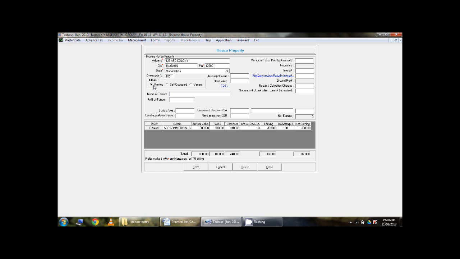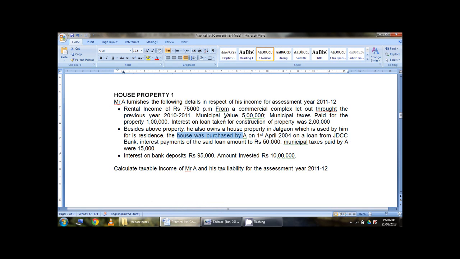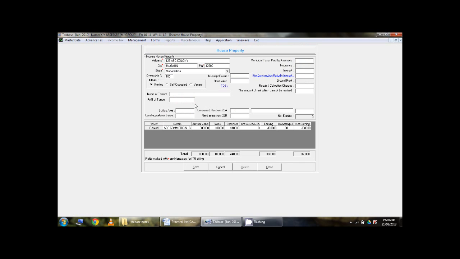Now, instead of keeping the second property as a rented property, the practical states that Mr. A is living in that house. So we cannot treat that property as a rented property. We will have to treat it as a self-occupied property. See, the moment I click this self-occupied property, the boxes for municipal value, rental value, municipal taxes, all have been